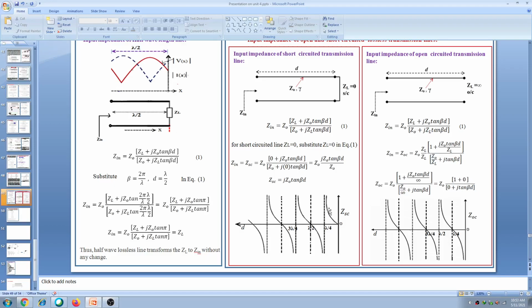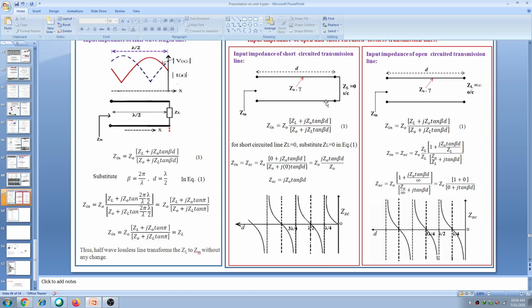Impedance is increasing. Whenever you come to the length lambda by 4, at this position, what happens? Impedance increases and it becomes infinity at lambda by 4. If you measure only this length here, the impedance is infinity. If you move further, the impedance inverts, becomes negative and infinite, and it starts